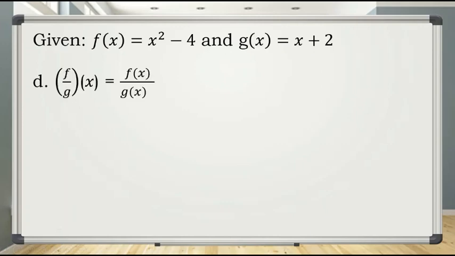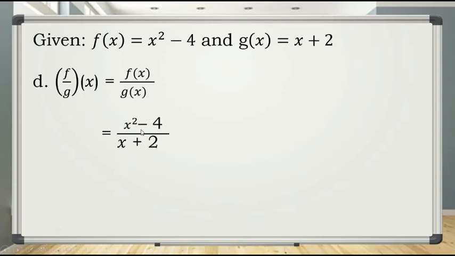And last thing is the quotient of the function. So we have f of x divided by g of x. Substitute the f of x, which is x squared minus 4. Yung g of x ay nasa denominator, which is x plus 2. So, in this case,